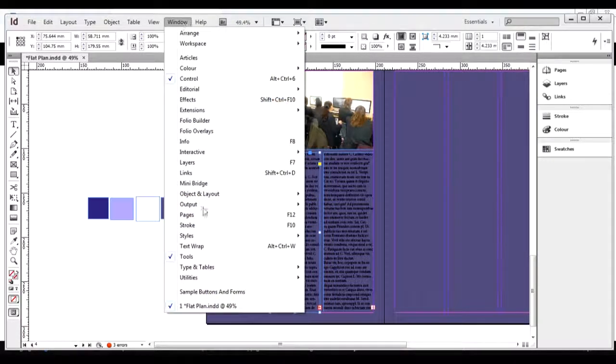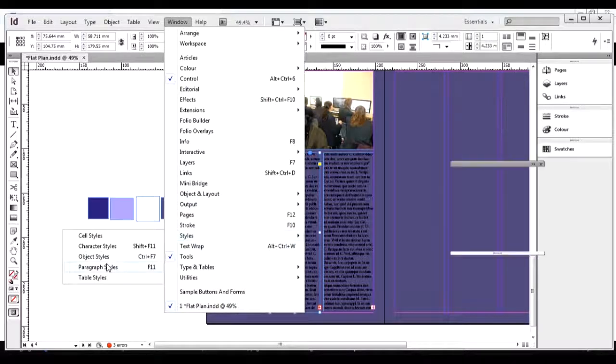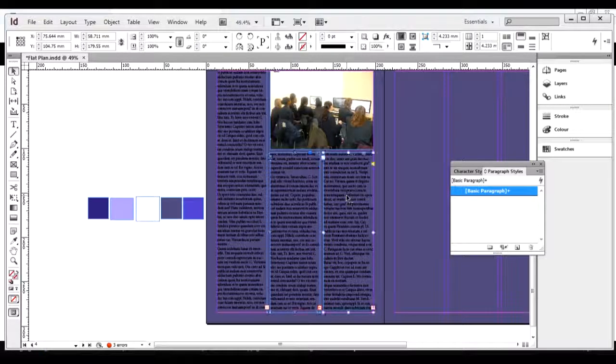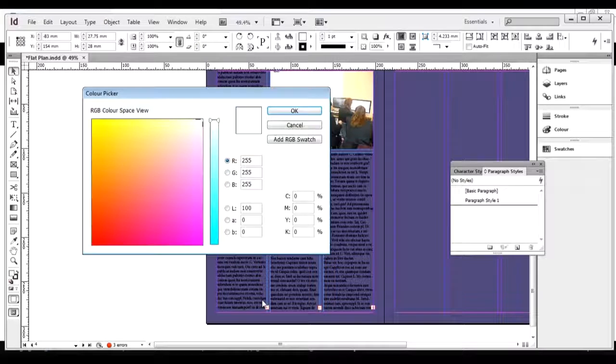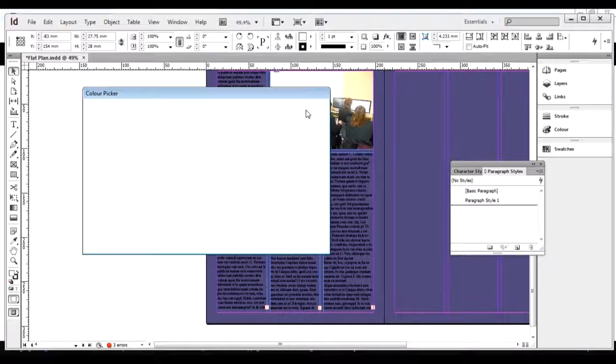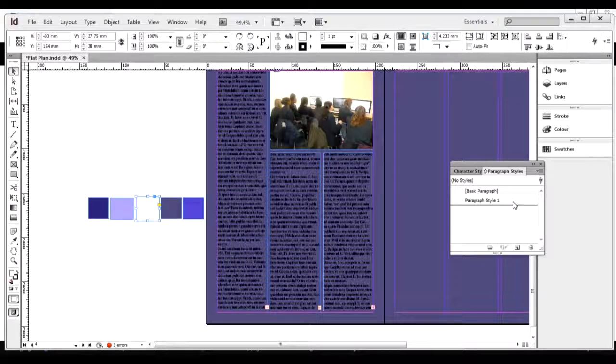If I go to Window, Styles and Paragraph Styles, these at the moment are just my basic paragraphs. If I want to create a new paragraph style for this, I need to actually have the colour ready to go. So if I click on this and then click on the colour I want, I click on this button here which says Add RGB Swatch. If I click on that and then go into my new paragraph style,